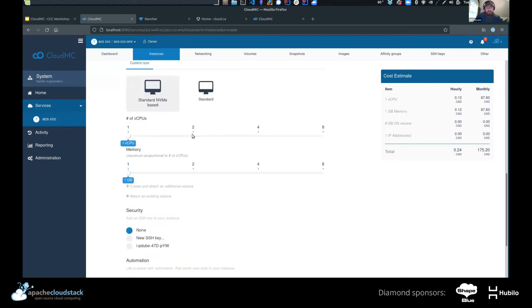You can change your memory and CPU through a slider. We actually have additional functionality that allows for more granular control, so that you can manage your resources within your capacity management. You don't want somebody to have something like 1 CPU and 64 gigs of RAM.